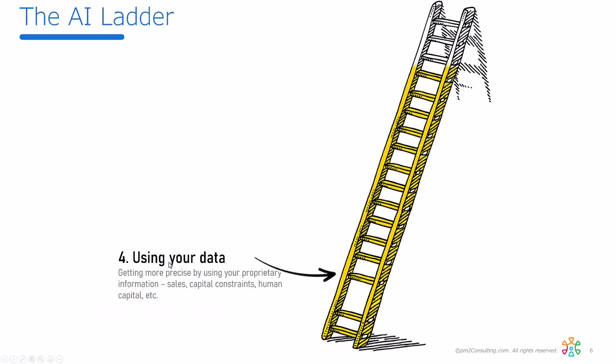Step number 4 is beginning to use your data. And I'm skipping step 3 because it's a big step from just getting the AI tool to begin using your own data. But obviously, the more of your data you use, the more precise or useful the information is that your GPT tool is going to give you. So it's a journey. You don't have to boil the whole ocean at once, but you need to begin adding types of data in. So things like, what are your sales targets? What is your sales history? What are your constraints on growth, headcount, capital, that kind of thing? Just data about your organization. So that's number 4.